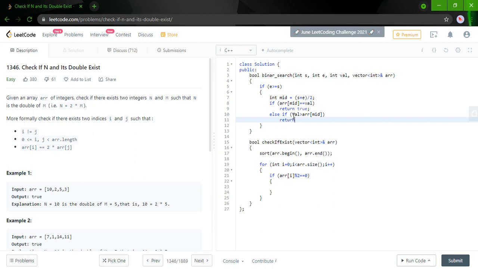So we are going to return binary search. This is what I do to avoid making any spelling mistakes. The value is greater than the mid, that means you have to search in the right section. So we'll just go mid plus 1, because we have already checked the mid, so we won't check it again. And this is the same.